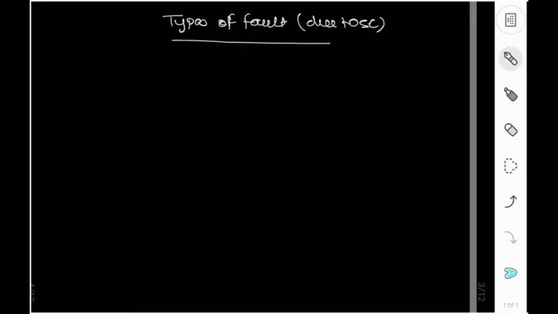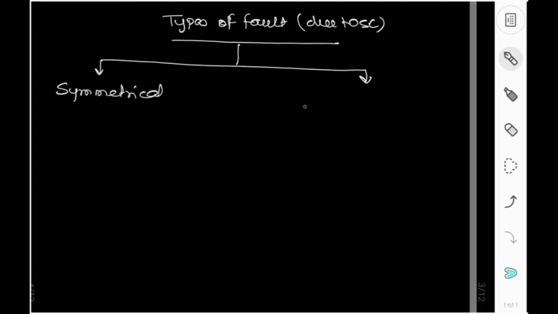Now we will see symmetrical fault and unsymmetrical fault.